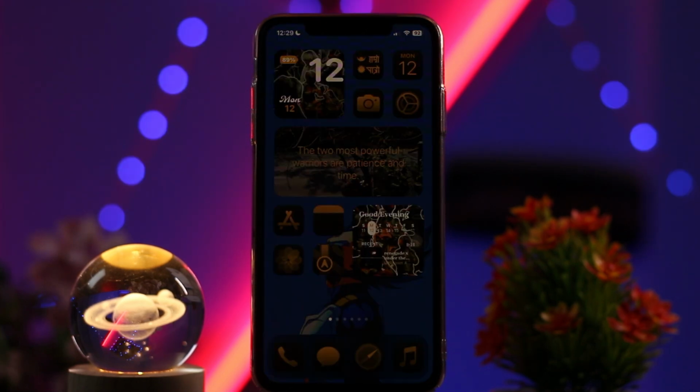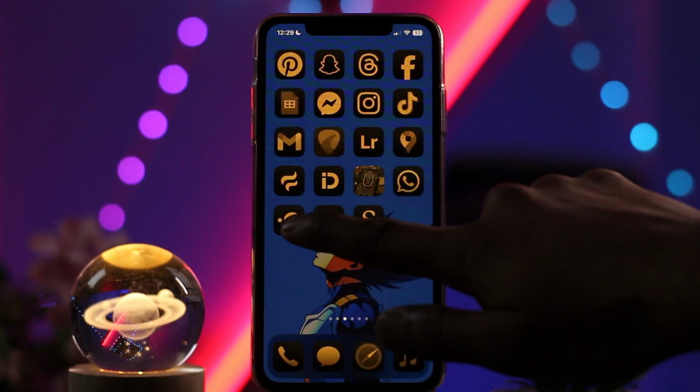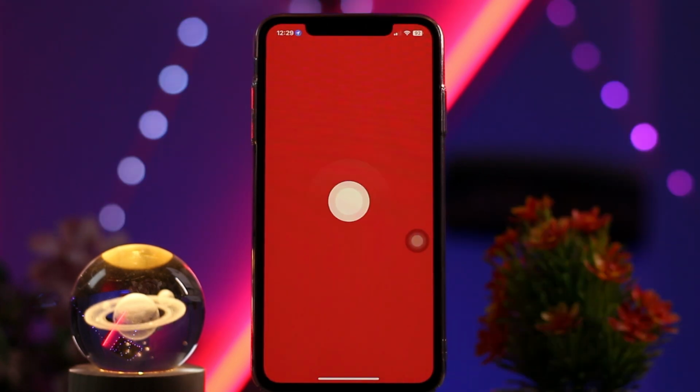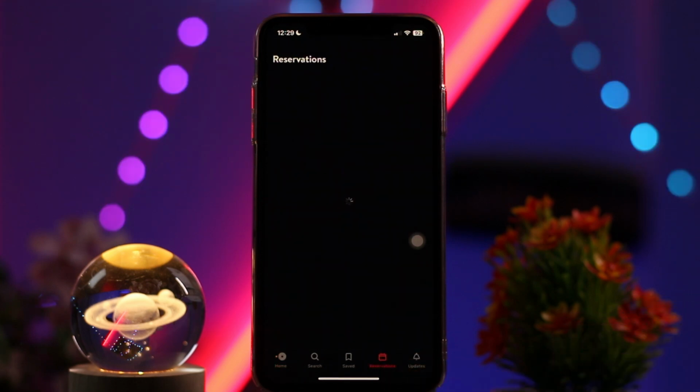In order to pause or block online reservations, what you need to do first is head over and open up your OpenTable app, and then be sure to be logged into your account as well. Then once logged in, on the bottom tab you'll see an option that says reservations right here. Simply tap on that. Now here what you need to do is select the reservations that you want to block,